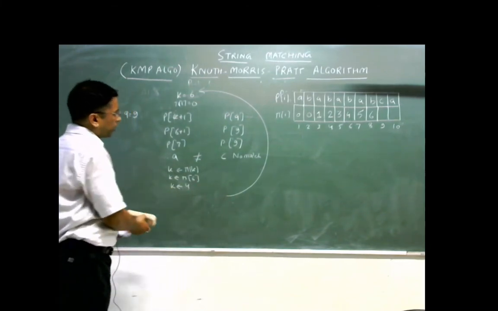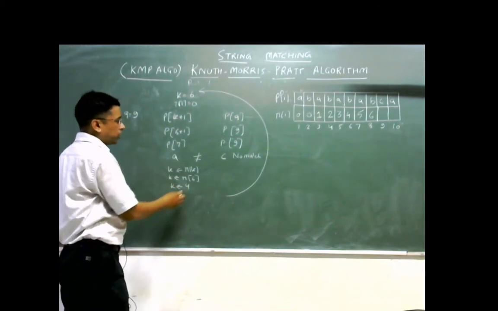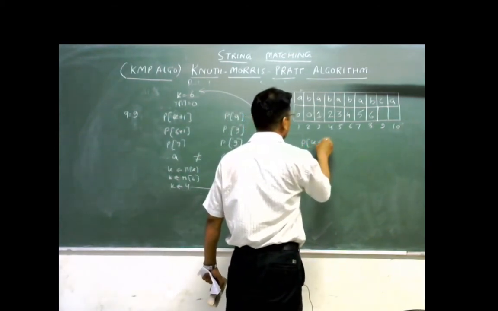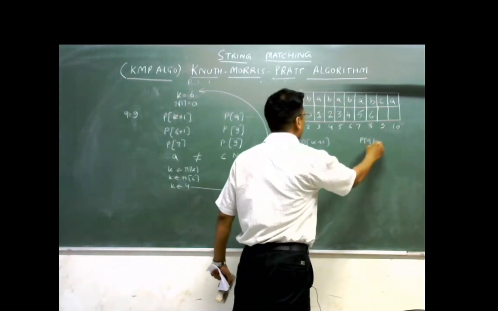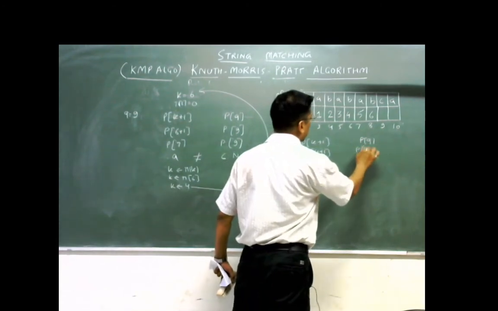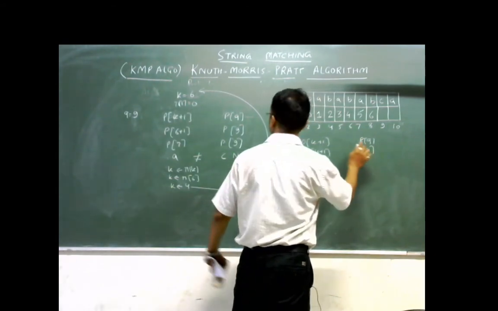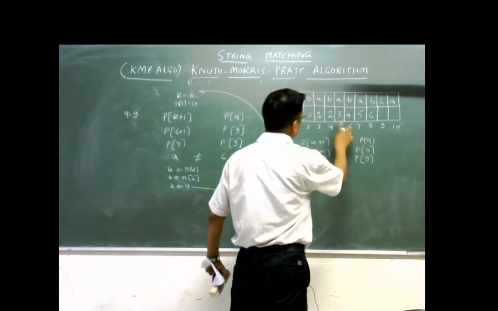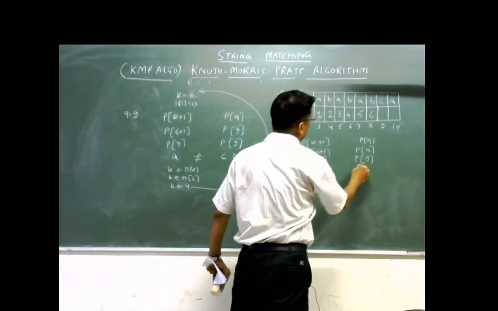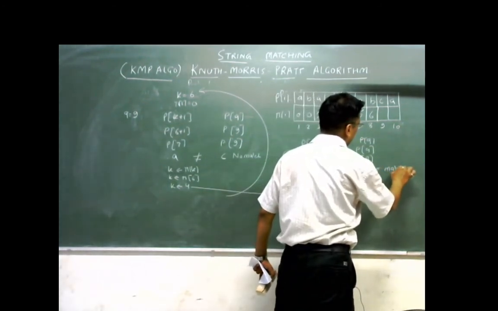For now the k's value is equal to 4, and for that position we shall check whether they are matching or not. So after that we shall find out p k plus 1 and pq. At this position k is equal to 4 plus 1, 5, and pq. 4 plus 1 means p5, and q will remain 9. p5 is a, and pq, p9, is equal to c. No match, again no match.